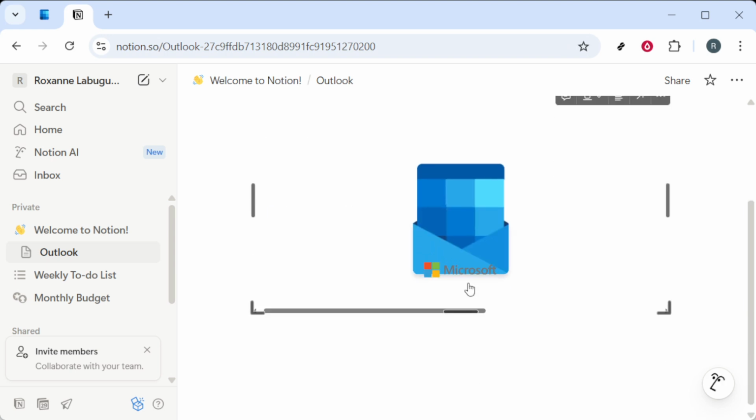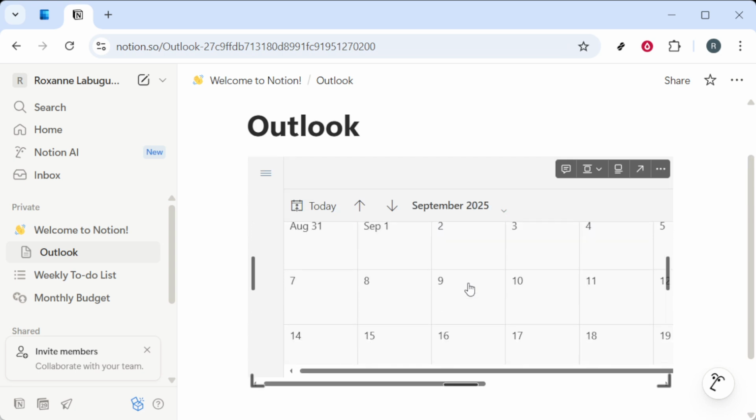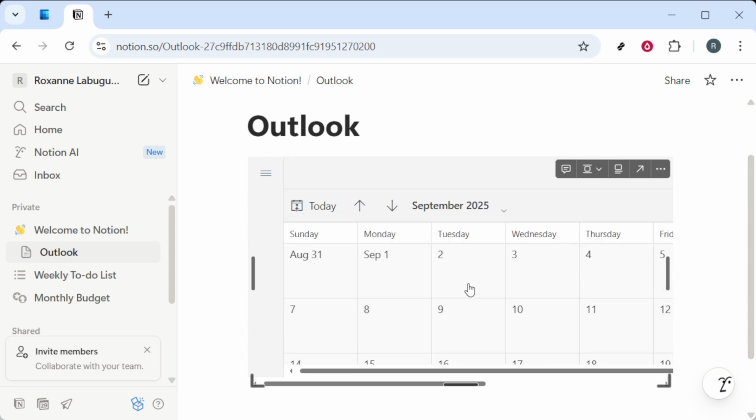This process not only keeps your information centralized, but also can save time managing events across multiple platforms. I hope this walkthrough was helpful, and you're now all set to enjoy the convenience of having your calendar information